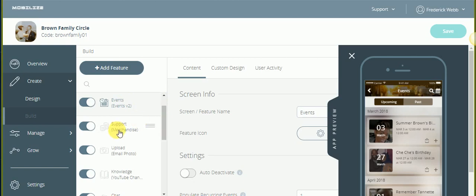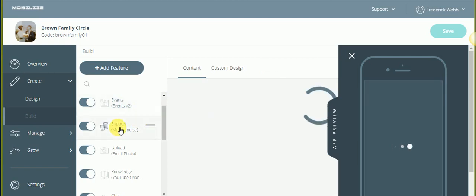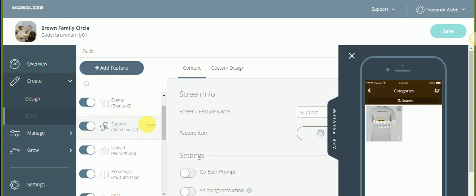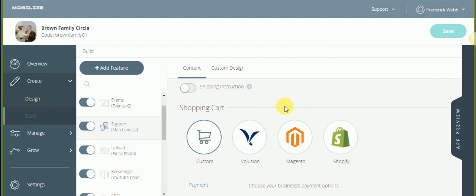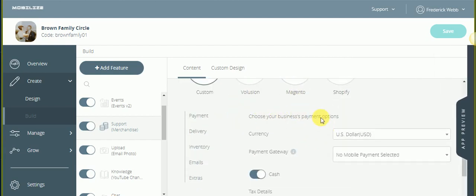If you want something like support, this is the money situation right here. I put family t-shirts here, and as soon as this opens, this is what I put here. But say, for instance, you need some help or something. Then instead of it being t-shirts, you might come here and close this down. And just put,